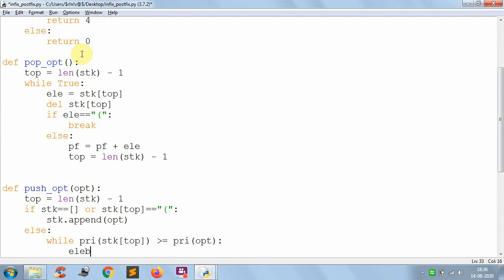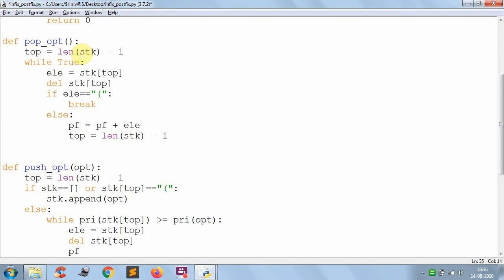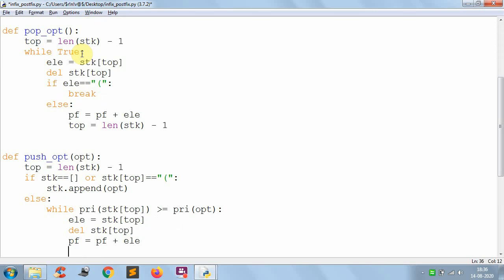You have to pop that element from the stack. So keep it in a temporary variable and del stack of top, means you have to pop that element from the stack, and then you have to add that operator to the postfix expression. Again the top value will change: top equal to len of stack minus 1, because you have deleted one element from the stack.